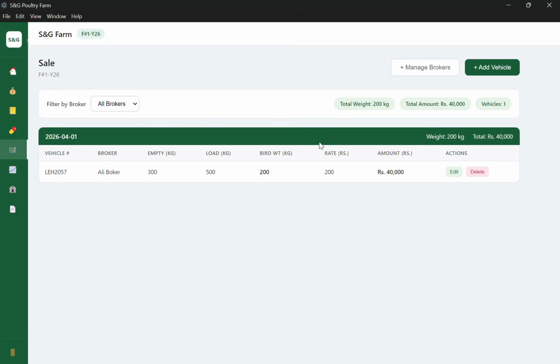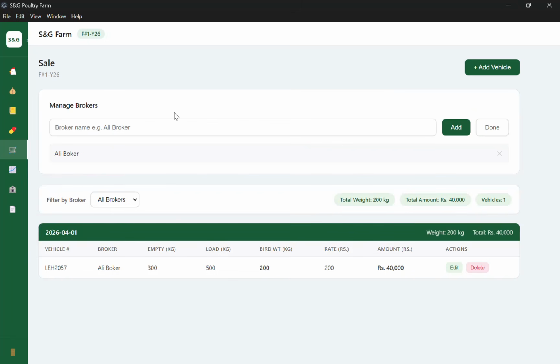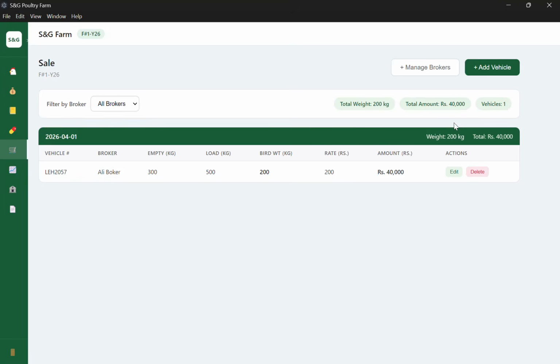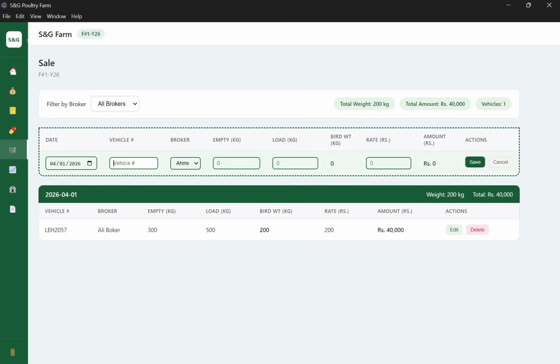And let me give you one more thing, that you can manage another broker. You can just simply create another broker. Let's suppose it would be Ahmed. You put the name Ahmed, you click add, and the broker is added. You add a vehicle the same way we added previously. Let's suppose we create